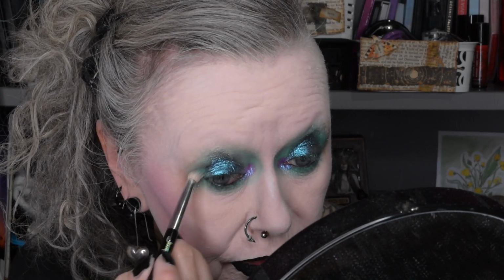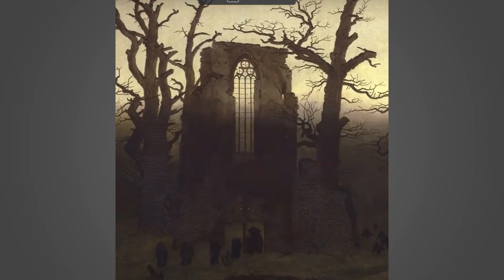Where would we be without Christopher Lee as Dracula? Where would we be without the first of the Gothic novels, The Castle of Otranto? Where would we be without Byron and all the other? Where would we be without painters like Caspar David Friedrich? We wouldn't be anywhere, really. The music comes from there, and the first music, obviously,